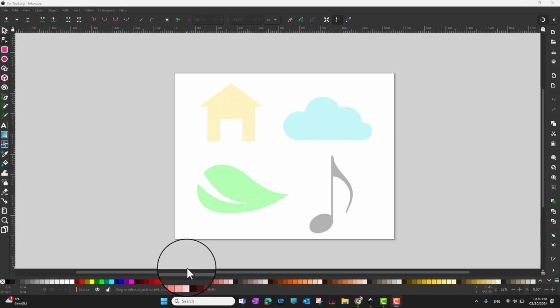Hi guys, welcome to another Inkscape video tutorial in which we are going to discuss drawing with the pen tool. So let's take a look at the pen tool and how to use it to draw and modify artwork in Inkscape. So in this video what I did is I have created 4 objects that you can use